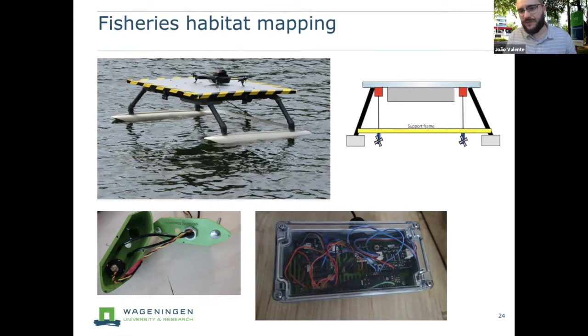Not to talk about the navigation sensors: GPS, IMU, sonar, perhaps in the future a laser scanner. So this is equipped with all this instrumentation. It's a water drone, a remote sensing platform for inland water environments, but at the same time it can also work in collaboration with other robotic platforms, in this case other water drones or aerial drones.